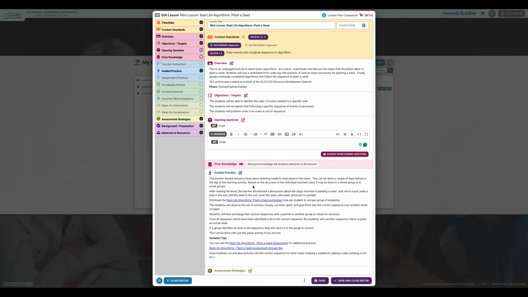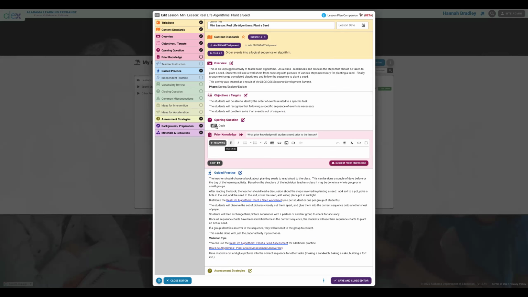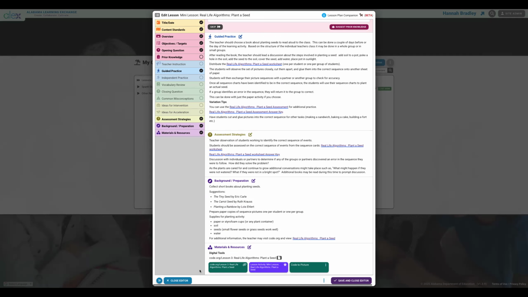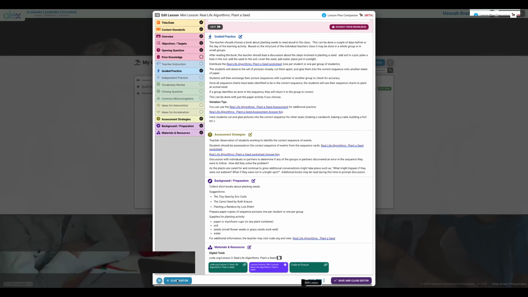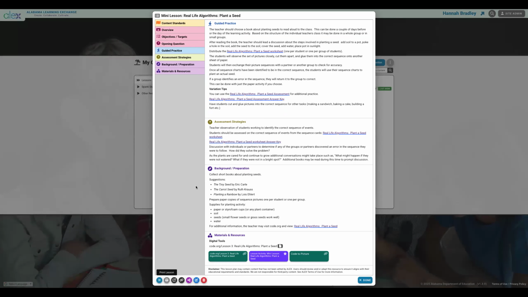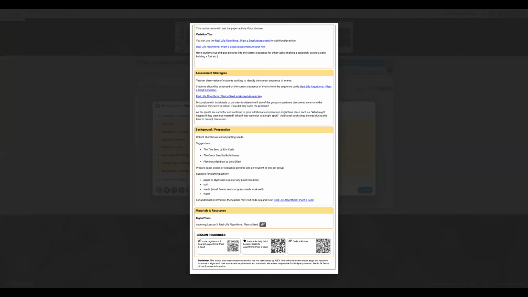And then that link will also be available down at the bottom. So you'll have it within this lesson plan, in that exact section that I put it, but it'll also be available down at the materials and resources button. And if I were to want to print this out, let me get out of my editor, then those resources that I put will all show up as QR codes at the bottom as well. So I can click on them to access this, or if I've printed it out, I can have all those resources as a QR code.